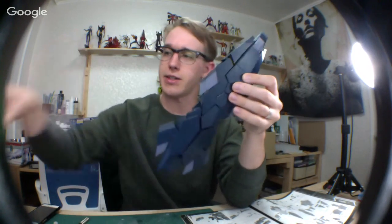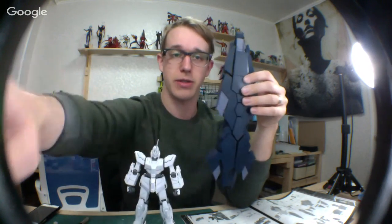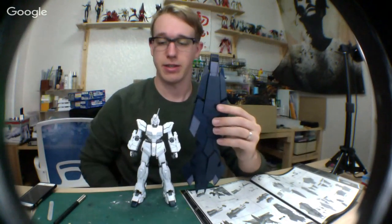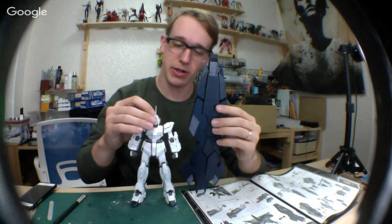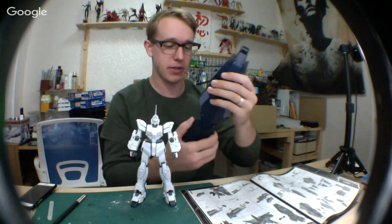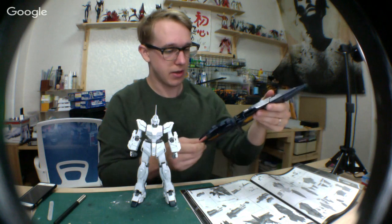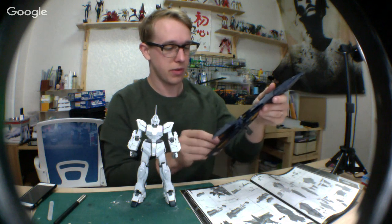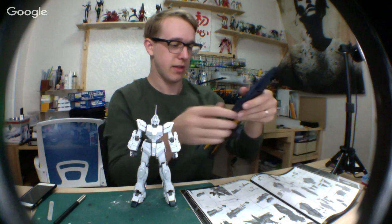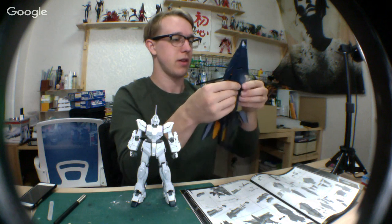It is gigantic. If we once again bring in our Master Grade Unicorn, point this down a little bit so you can see. Here's the size comparison. 1/100 scale Master Grade Unicorn and 1/60 scale Armed Armor DE. If we open this up, I think we should just be able to slide this down like so. Open this up with the cycle frame inside. Open this up first, then here,